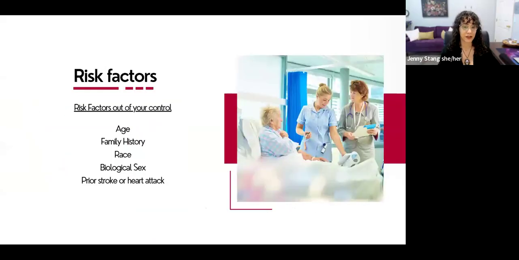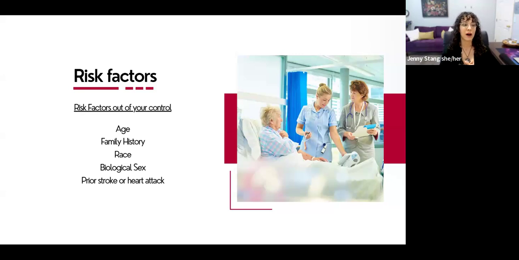So what are the risk factors? Okay, so some risk factors we can control, but there are some risk factors that we cannot control, okay? So the first one is age. Of course, we cannot determine how old we are. We didn't sign a release form when we were being born to say this is the time that I want to be born. But the likelihood of having a stroke increases as we age, okay?